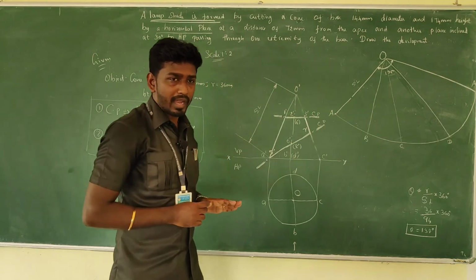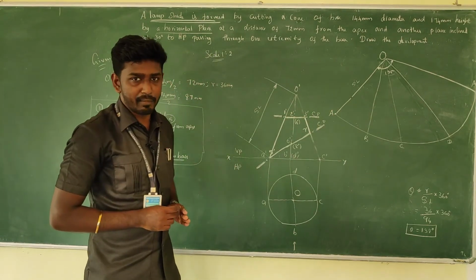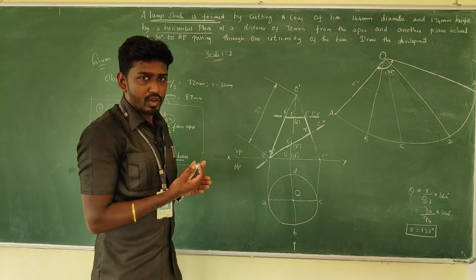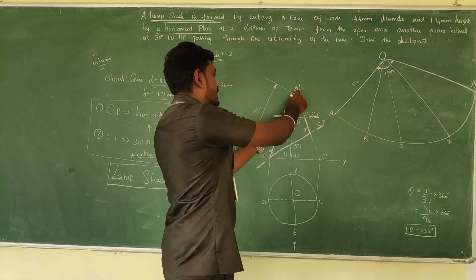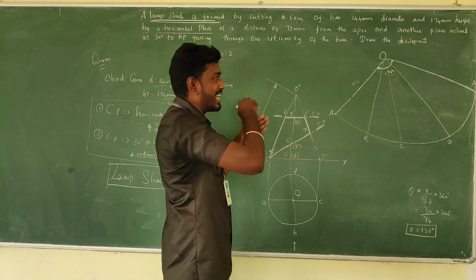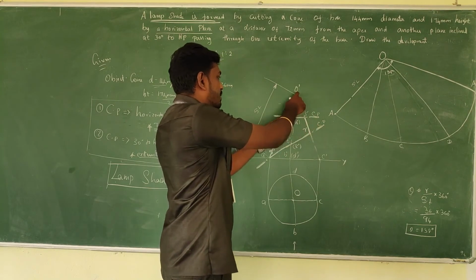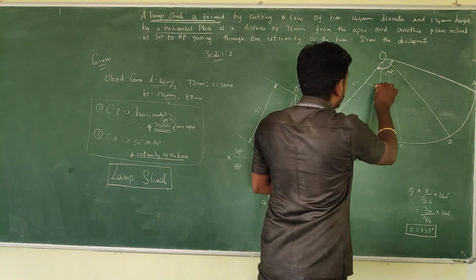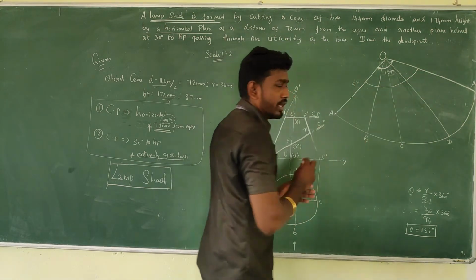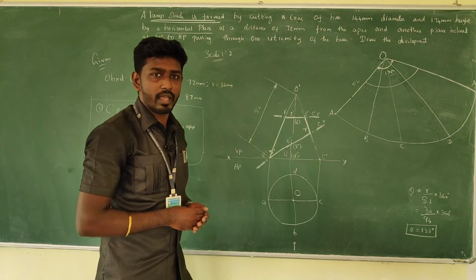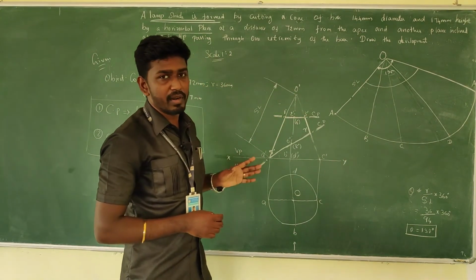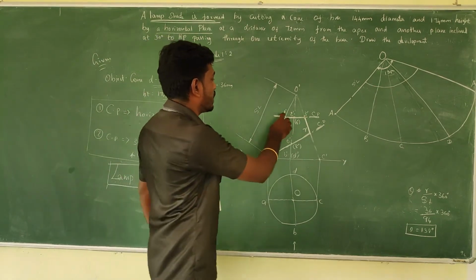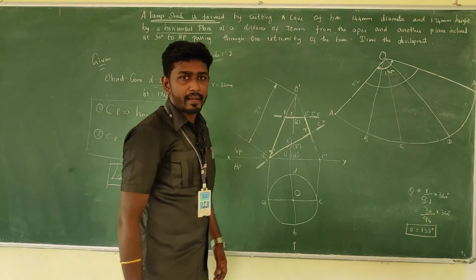Okay, first of all the horizontal cutting plane, it is very easy, no need to confuse yourself. Just measure the distance from O to 1. It's a horizontal. So take the measurement from O to 1 and keeping it at 1, just go for an arc. No need to take the measurement for the entire things 1, 2, 3, 4. Since it is a horizontal, by keeping the 1 measurement, just go for an arc.